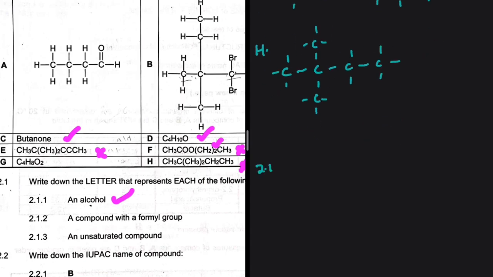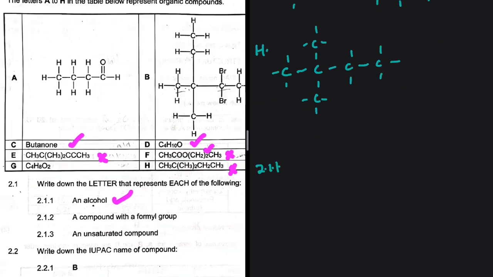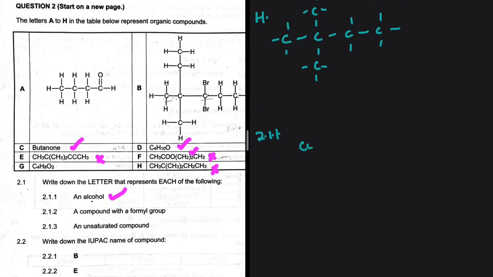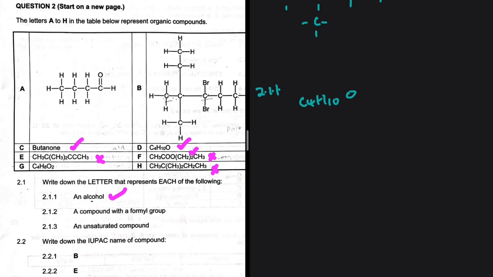2.1.1, we are looking for an alcohol. So A is clearly not an alcohol, B is not an alcohol, C is not an alcohol, but D can be an alcohol. Let's take a look at it and see if it makes sense. For D, we have C4H10O, right? So what is the general formula of an alcohol? We have